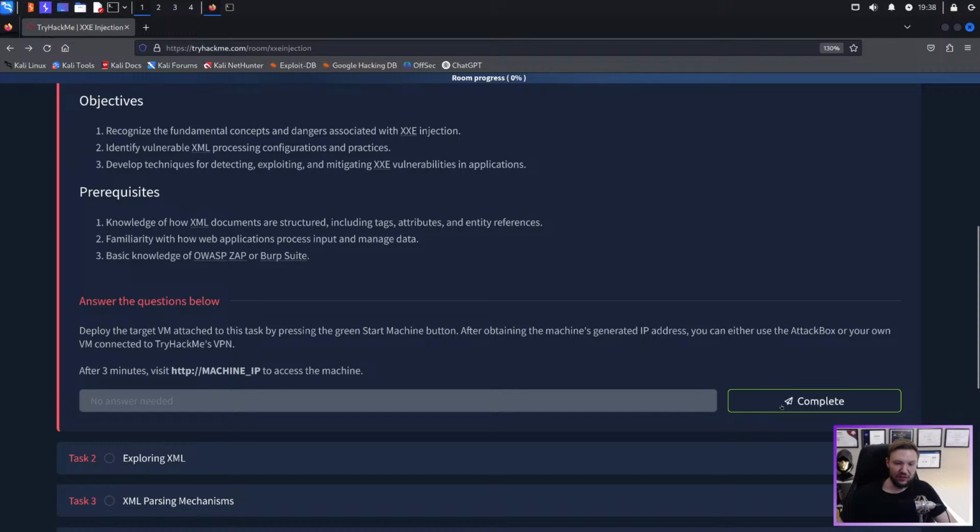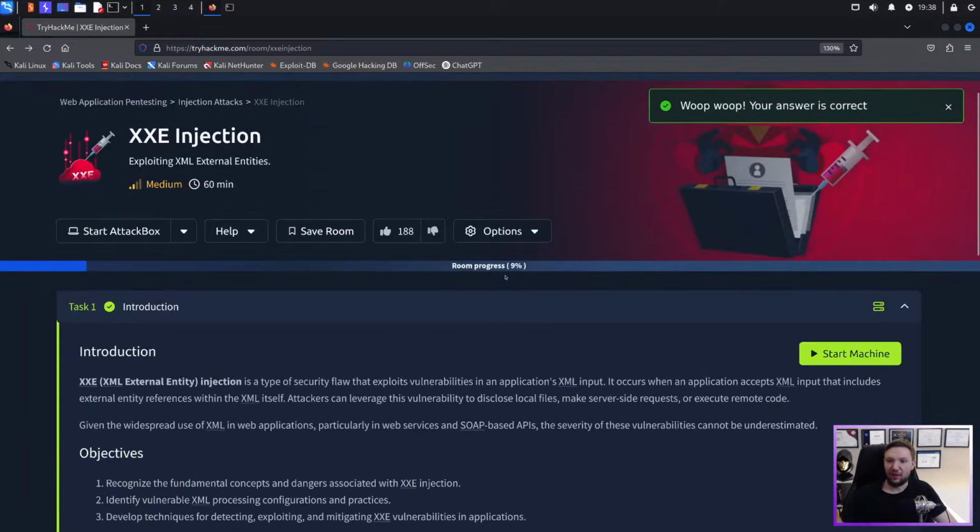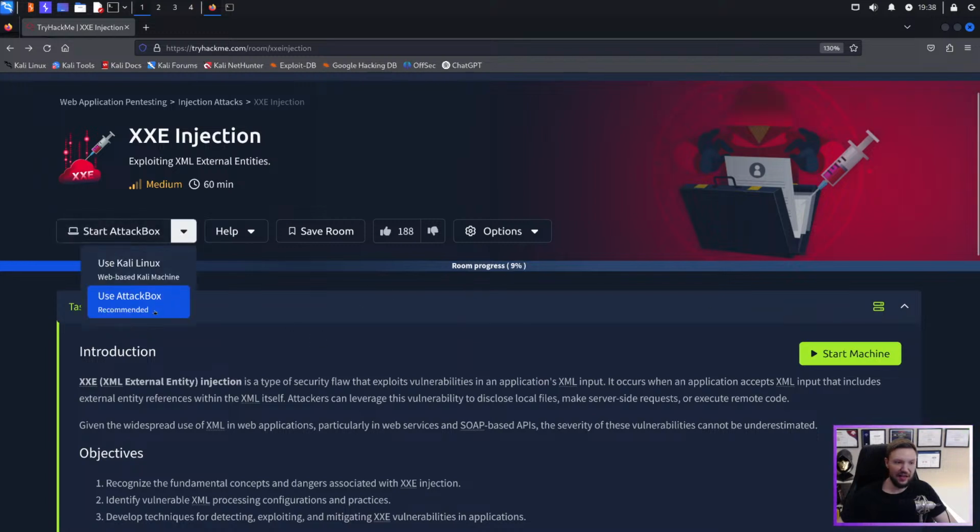Deploy the VM is our first task. If you don't know how to deploy a VM on TryHackMe, it's very simple, guys. You can use the attack box that it comes with, but I like using my own Kali Linux. So to do that, all you've got to do